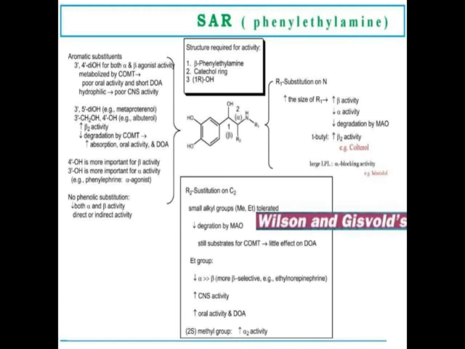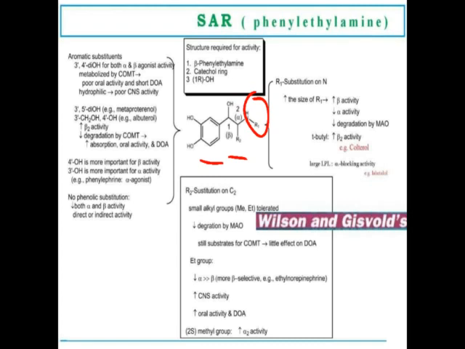Okay, this is some summary of the SAR part for the phenylethylamine. This is the structure of phenylethylamine. This is the phenyl ring, this is the ethyl part, and this is the amine. That is the basic nucleus present in some of the adrenergic agents, the phenylethylamine. So we will go briefly through what we saw in the last lecture,